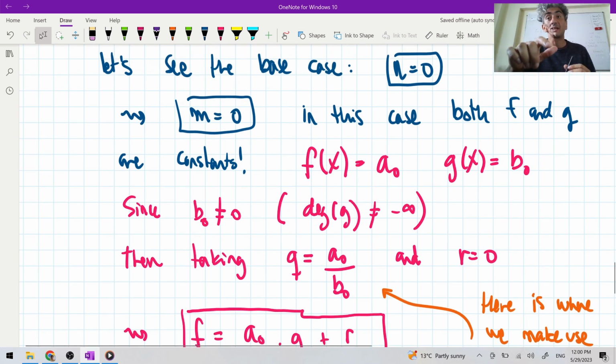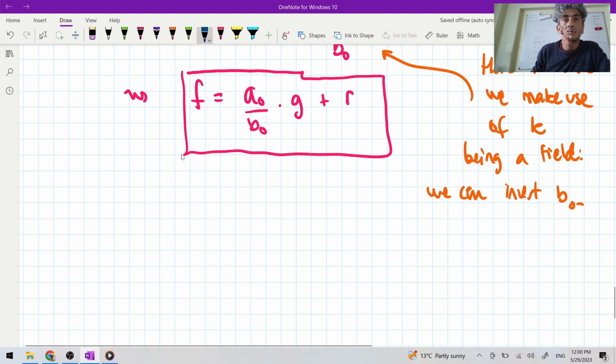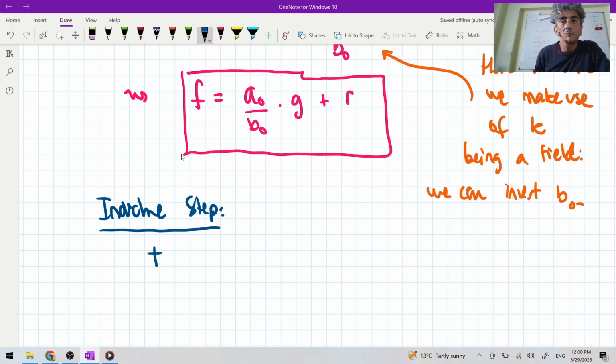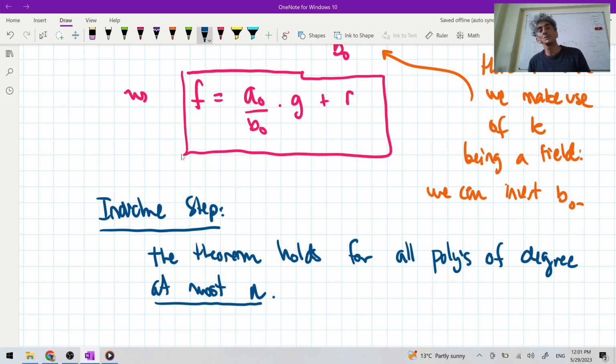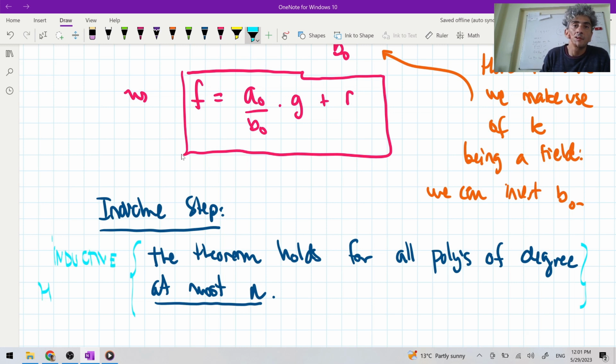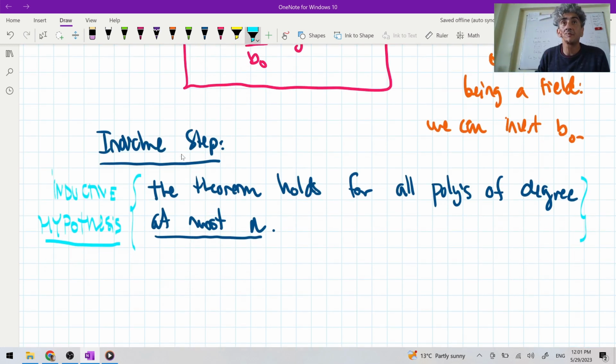So let's go to the inductive step. The theorem holds for all polynomials of degree at most n. So this is what we call the inductive hypothesis. Okay, and with this inductive hypothesis, we're going to show